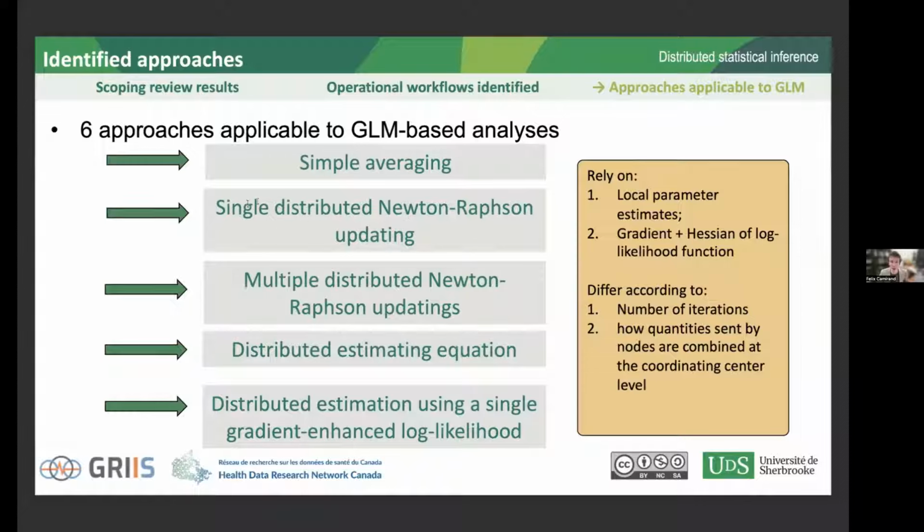So this is the single distributed Newton-Raphson updating, and this is basically equivalent to making the first one, the simple averaging, and then doing a distributed Newton-Raphson updating. So basically asking each site to compute a gradient and a Hessian, and then send this back to the central server, which then computes the Newton-Raphson updating, and the result comes from that. The third one is the multiple distributed Newton-Raphson updating, and this has been encoded